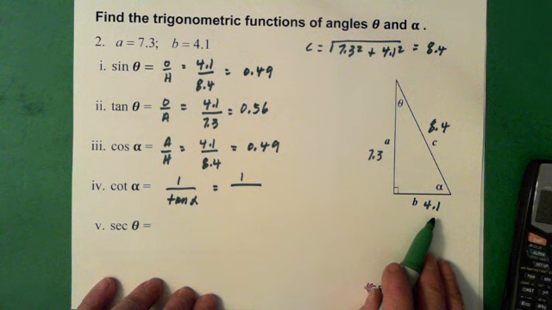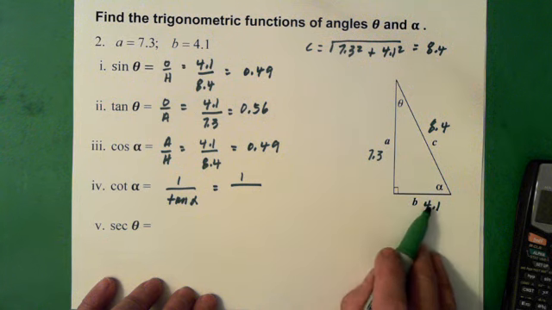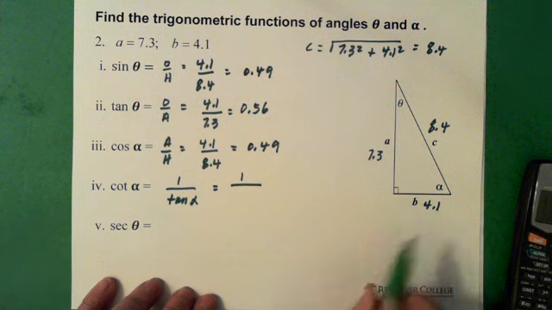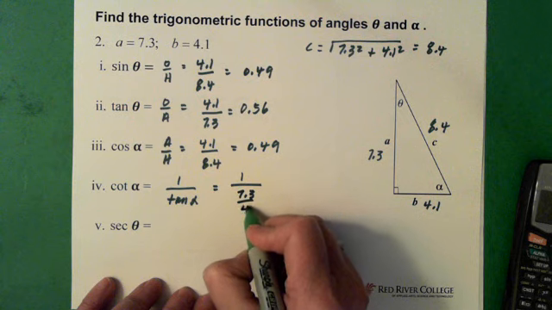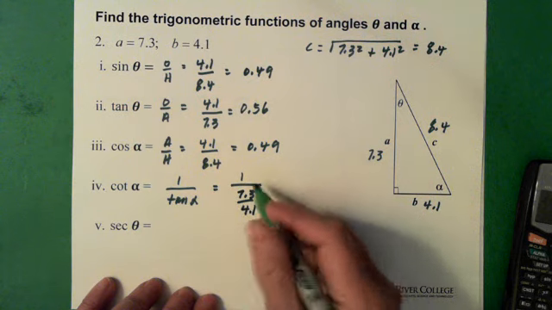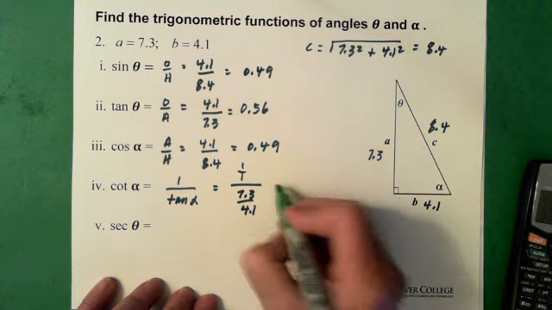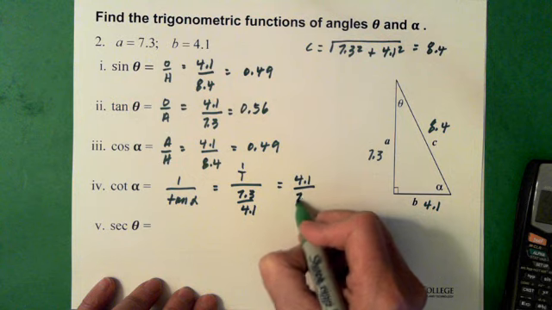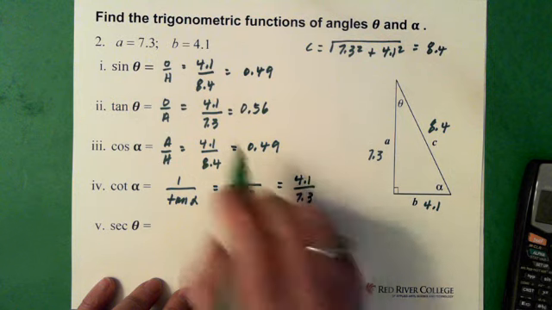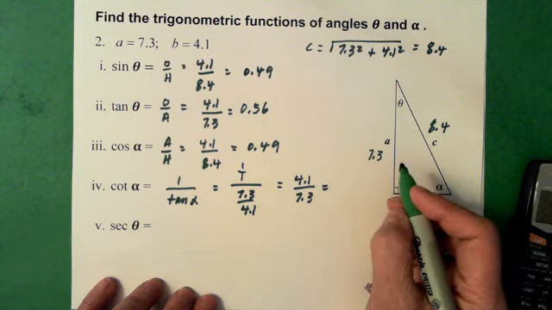All right? So the opposite of alpha over the adjacent to alpha. So that means it's 7.3 divided by 4.1. Again, we have the division of two fractions here, so the bottom one flips. We end up with 4.1 over 7.3, which we did up here, and that is